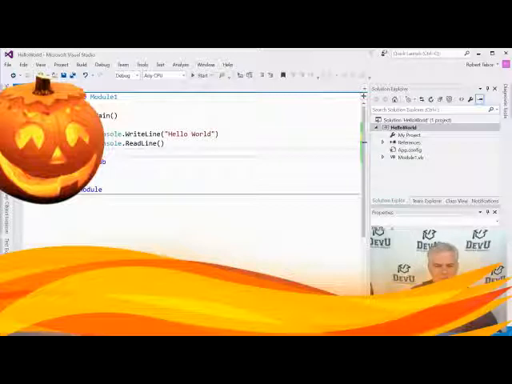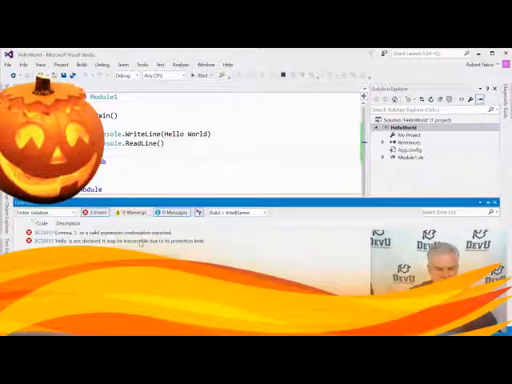All right. Or perhaps you didn't use double quotation marks and you see that hello world has no double quotation marks around it and you get two different error messages whenever you attempt to run the application. One says something about a comma. The other one says hello is not declared. It might be inaccessible.